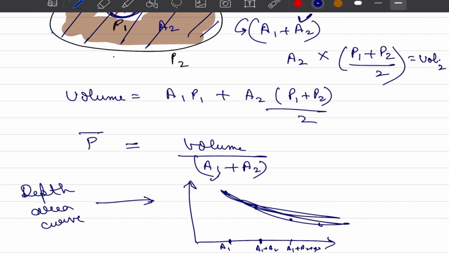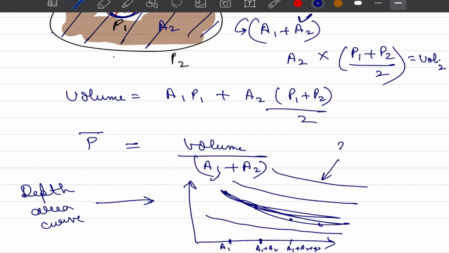So we can keep on plotting the depth area curves for all those storms on the same graph paper, and you can imagine that this would be a curve associated with 24 hours. And as we go here, the duration of the curve would keep on increasing. So this would be 1 hour, this would be 2 hour, this would be 6 hour, and so on.